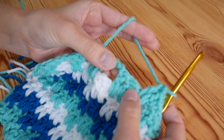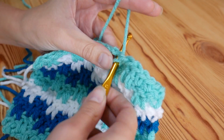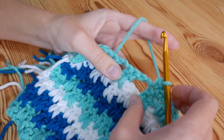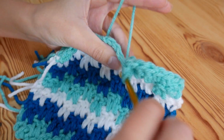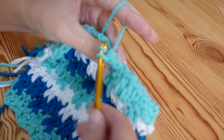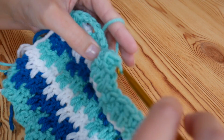and then again you're going to do a double into the tops of those 2 trebles. So 1 and 2, and then again we're going to jump down and do our 2 as normal into the tops of those other trebles. So 1 and 2, and you're going to do that all the way along until you get to the very end,